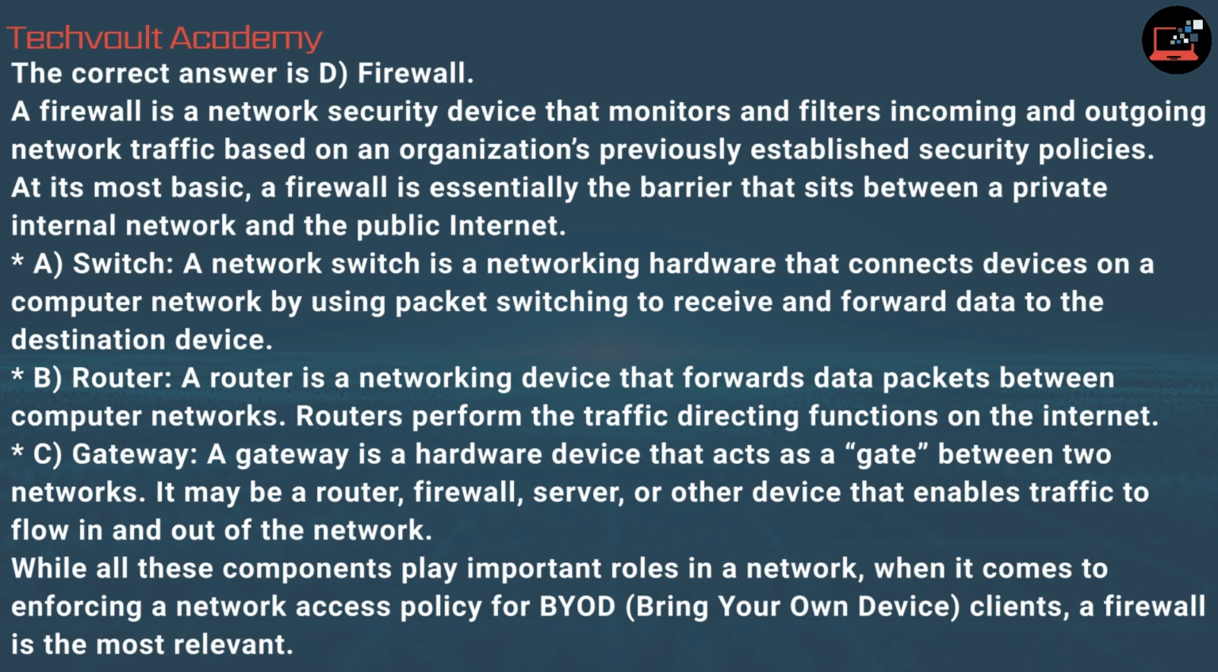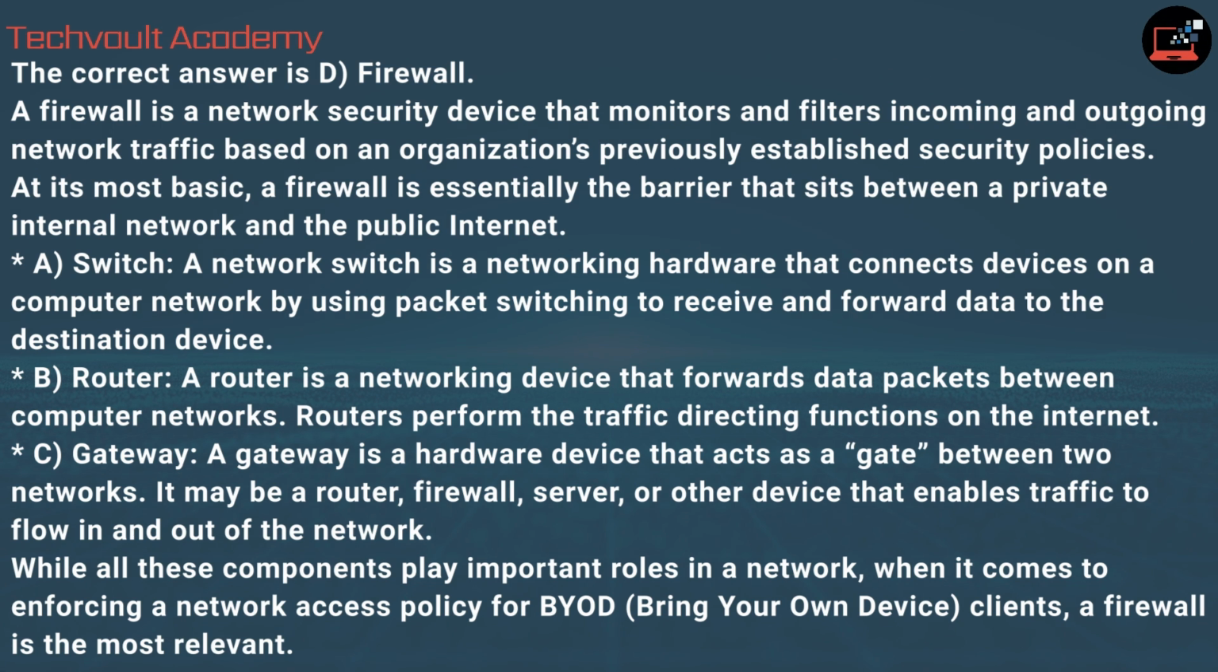The correct answer is D. Firewall. A firewall is a network security device that monitors and filters incoming and outgoing network traffic based on an organization's previously established security policies. At its most basic, a firewall is essentially the barrier that sits between a private internal network and the public